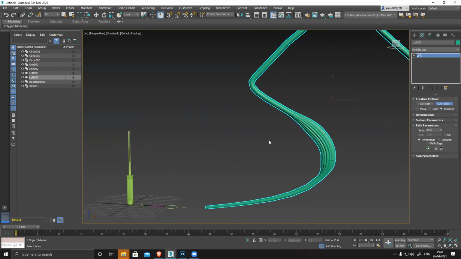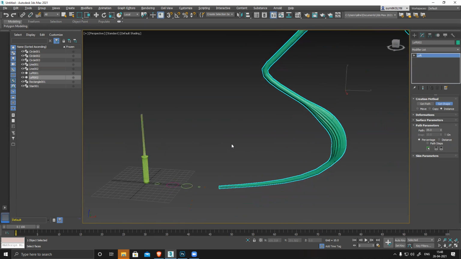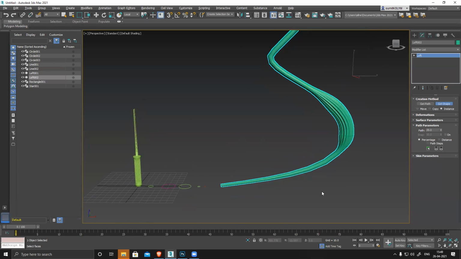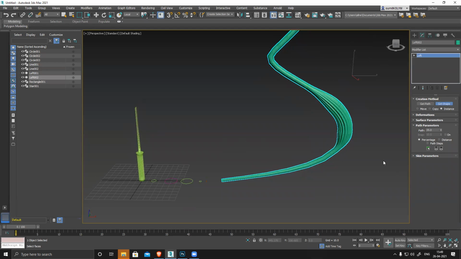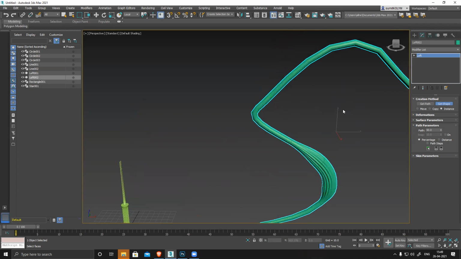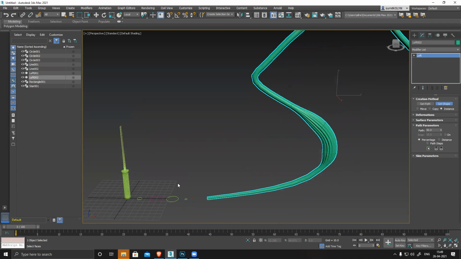Then again I want to repeat the same process. Suppose I get shape at 35, so let's see, 50 this time. 50, again same shape, so it will hold the shape. Now I want to change it to a bigger circle.